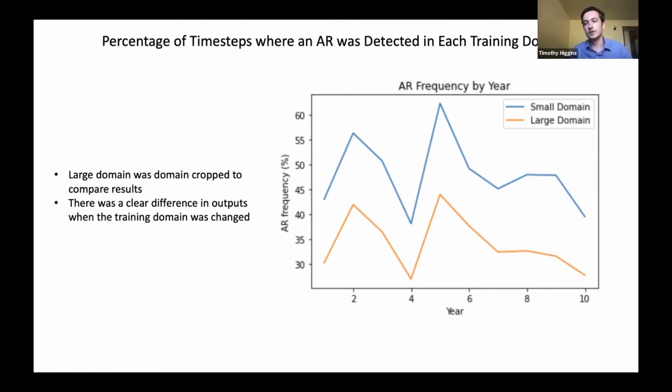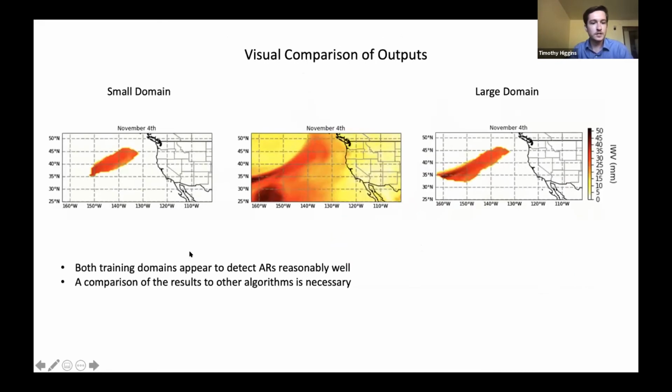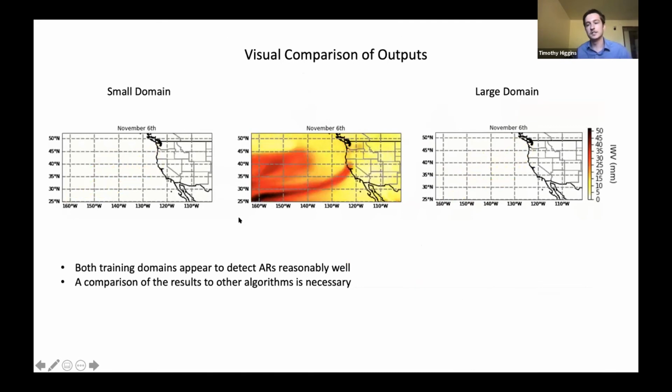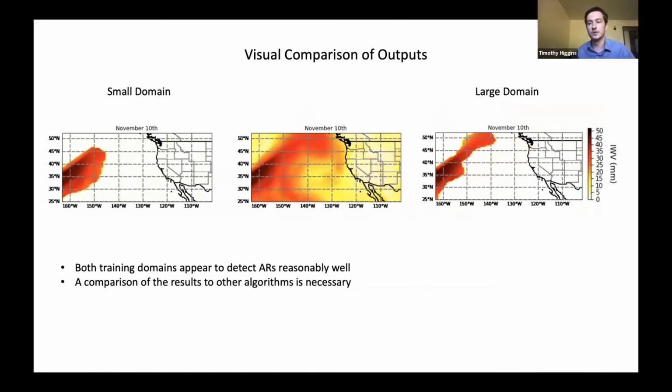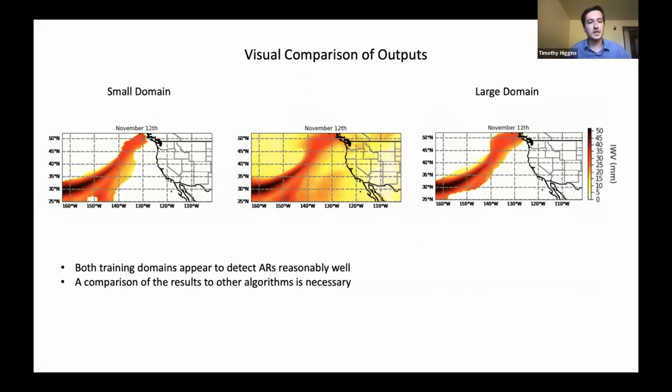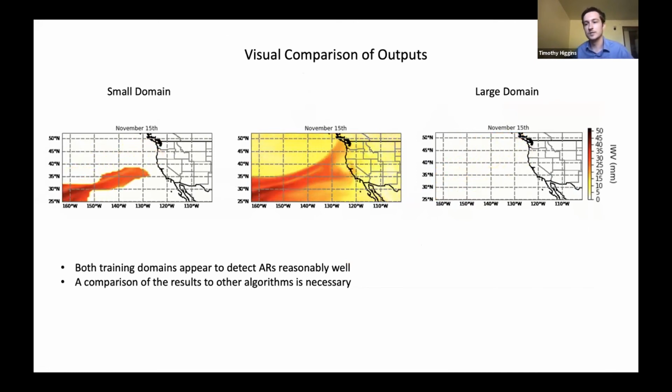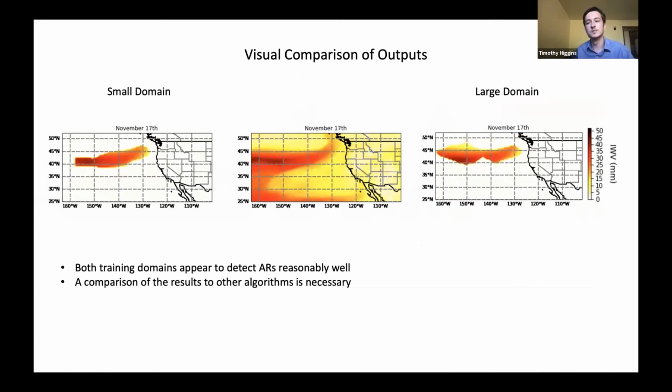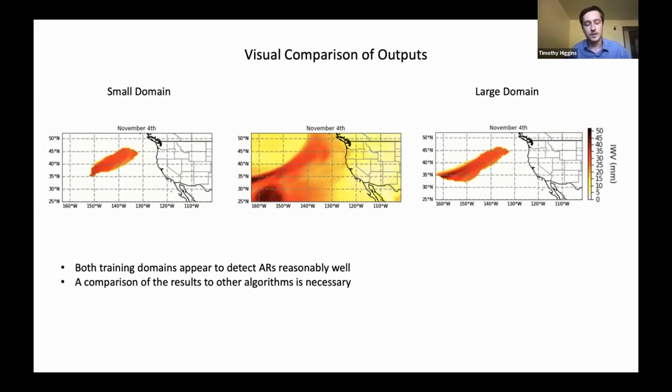The smaller domain detected atmospheric rivers about 10 to 12% more frequently than the larger domain did. So then I looked at an eye test to see if they were at least both to some degree doing the right thing, and it seemed to pass. They are both definitely detecting atmospheric rivers. So I decided to do a statistical analysis from there,